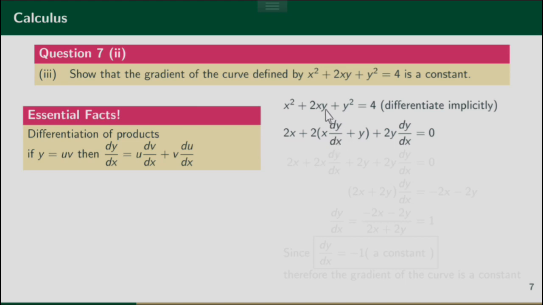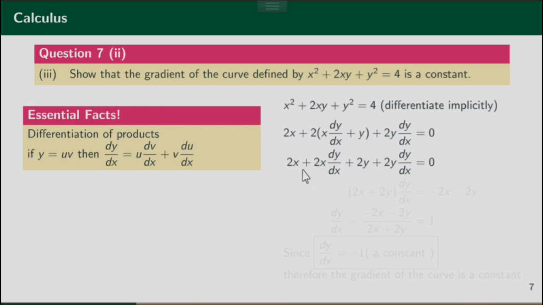Now I keep y constant, and I differentiate x. When I differentiate x it is 1, and y times 1 gives y. Then plus, I differentiate y squared, that gives 2y, and because it's a term in y, I multiply by dy by dx, is equal to 0, because when I differentiate 4, my answer is 0. Now, let me open out the brackets. So I have 2x dy by dx plus 2 times y gives 2y plus 2y dy by dx is equal